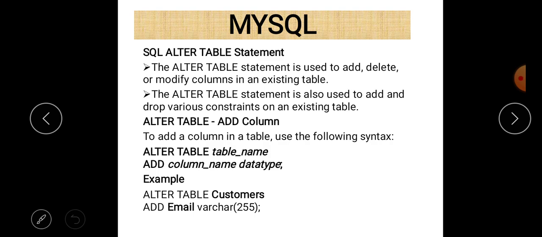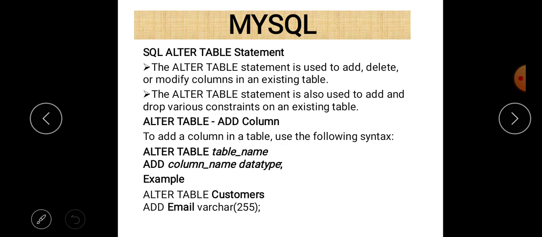And it is asked many times in examinations what is the difference between the alter table statement and the update command. Update belongs to DML, where we are able to change the data of a particular table, but using the alter table statement we are able to change the structure of a table. That's why the alter table statement is a part of DDL. And there are some other DDL statements such as create, alter, or drop. So using these three commands, we are able to change the structure of a particular table. And most of the other commands fall in the category of DML.